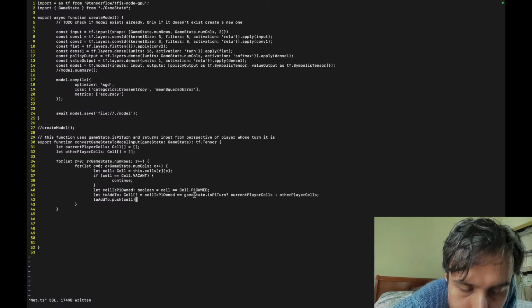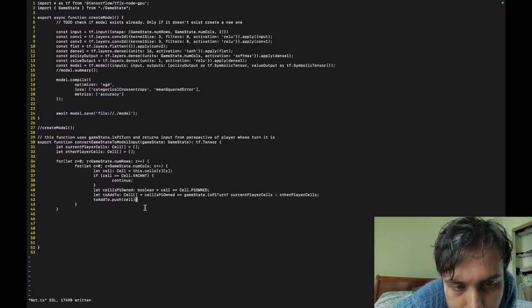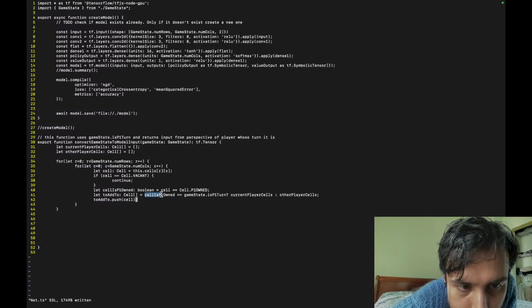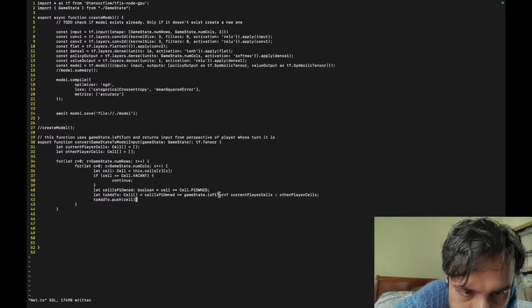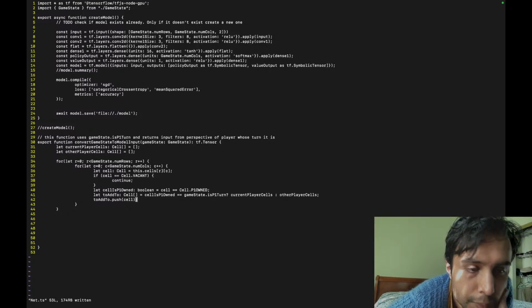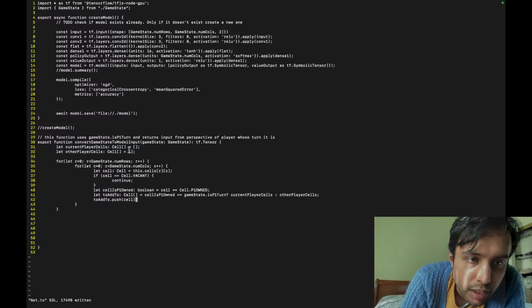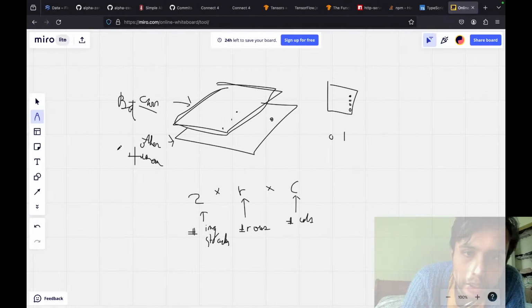That means it belongs to the other player. Correct. And then pretty clearly the other case must be true. If this is false, that means it's player two's cell, but it is player one's turn. That means this cell does not belong to the current player, so it's the other player. Okay, yeah, perfect. This looks really nice. So now we've built these two, and that's really the meat. And then from this, we just have to convert this to the binary, right? That's it.